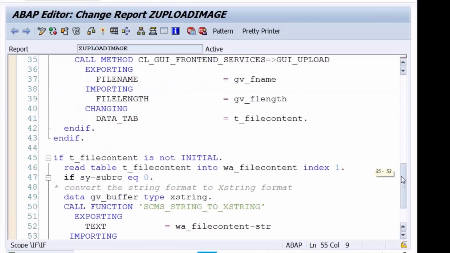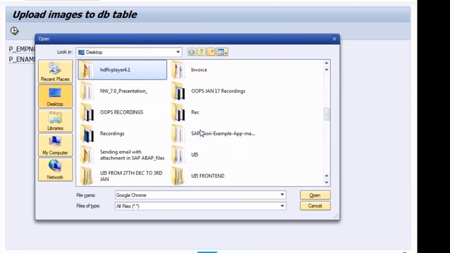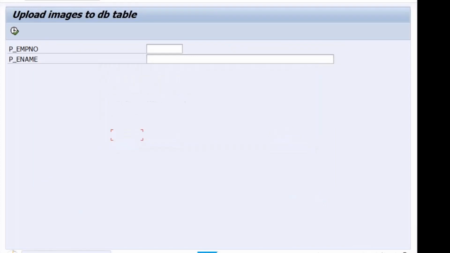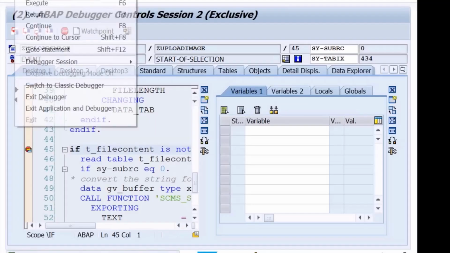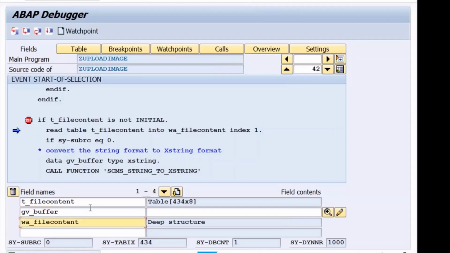First let me debug, then I'll explain. Right, so I'm trying to read that into work area. Yeah, I got the content there.